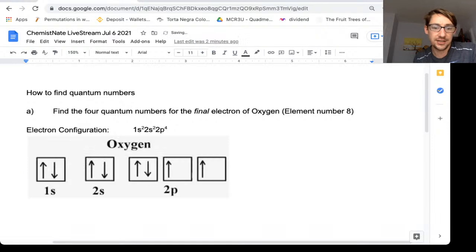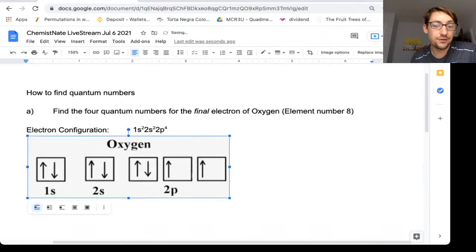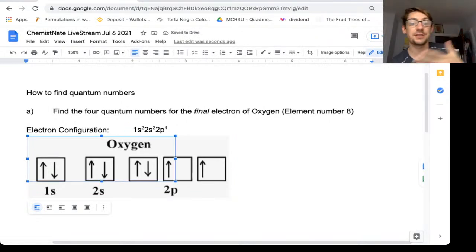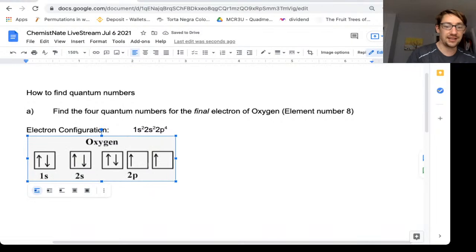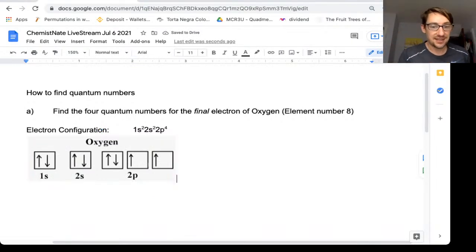There we go. There's your diagram. Okay. Now the question was, how do you find the 4 quantum numbers for any electron? You may be dealing with an electron configuration or an electron configuration diagram, but hopefully you can see that the